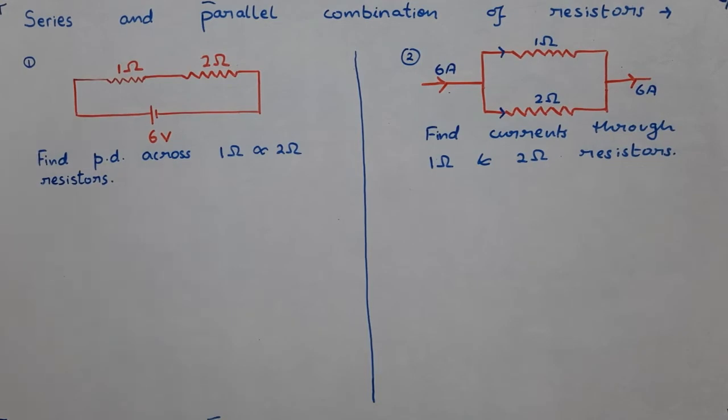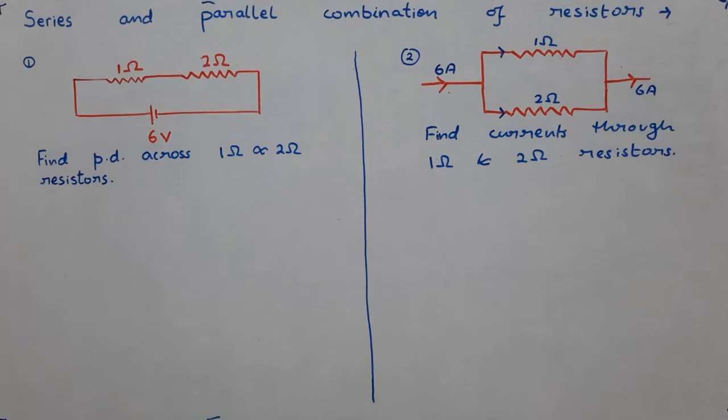In the last class, we discussed Ohm's law, series and parallel combination of resistors. And today, in continuation of that, we will try to understand some numericals, some arrangements of series and parallel combinations. So, I would like to begin with two simple questions, one on series and one on parallel that you can see on the board.